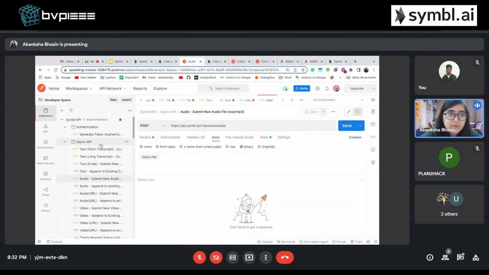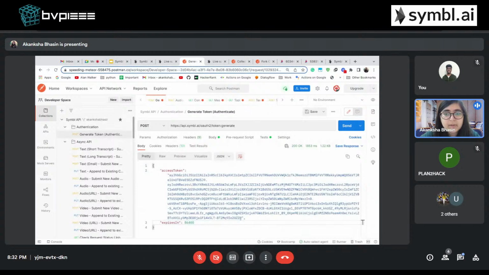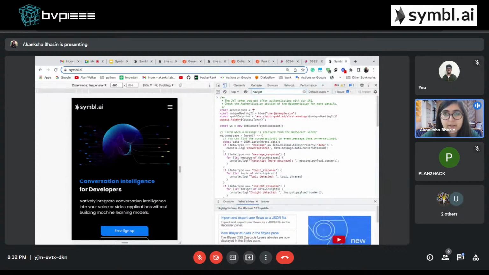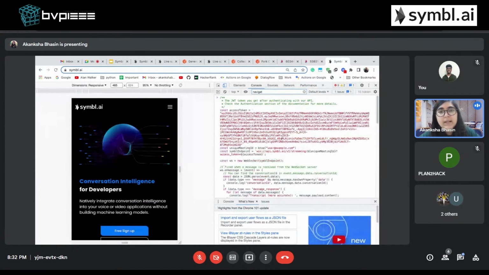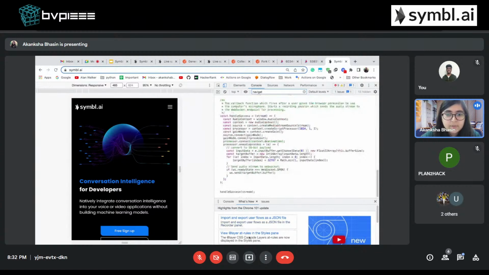So let's head back to authentication. Here we got an access token, and now copy this access token and paste it over here. So once you click enter, they will ask for permissions. So you need to allow access to your microphone. I will try the similar activity on the Brave browser. So let me share my Brave browser. You can also try it on Chrome as well. So let me stop sharing and share my browser.